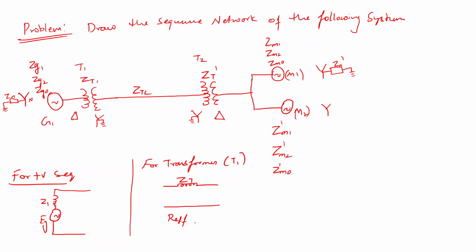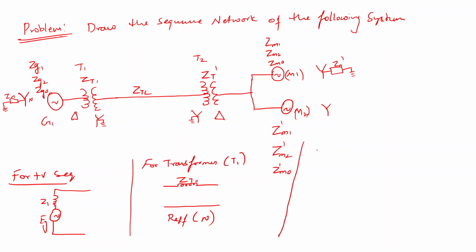Neutral. It is neutral because sometimes we may get neutral or we may get ground. Only for the zero sequence do we need the ground; for the other two, positive and negative, we take only neutral as the reference, not the ground. Suppose we want to find ZT0, at that time I will not take neutral, I will take ground. That is the rule we need to follow. So this is for T1, positive sequence.